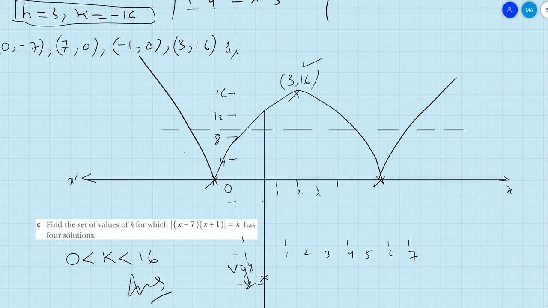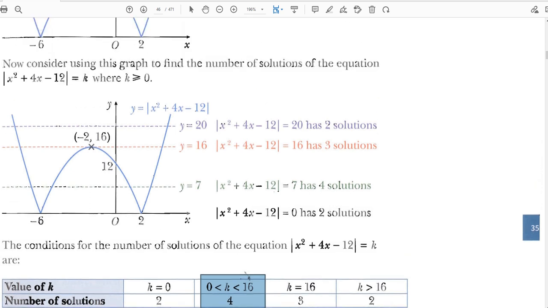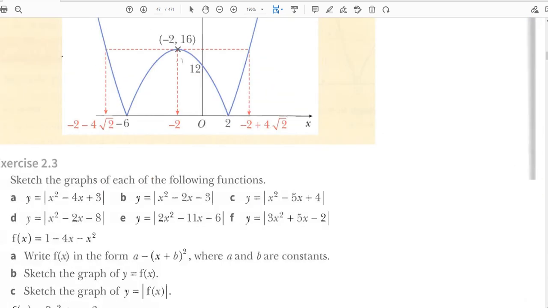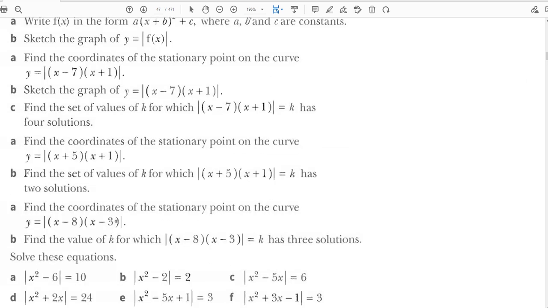Hope you understand. Kindly read this. If the line is just on the x-axis, we have two solutions. Above the x-axis but below the maximum point, we have four solutions. If it passes through the maximum point, we have three solutions. And above the maximum point, we have two solutions. I hope you understand. So this is our today's class where we have done questions number 2, 3, 4, and